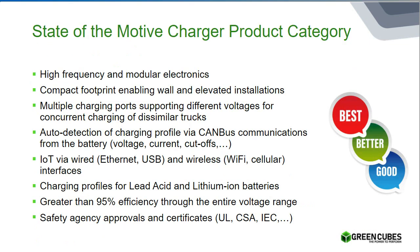If you look at chargers in general for the lithium-ion batteries out there, I thought I put together a checklist of some of the common features offered by most charger manufacturers. And these really represent features not only needed now within most enterprises, but also in the future as well. So this is a good checklist to kind of future-proof the purchase of any motive chargers. The most common features utilized and needed today: high frequency electronics, high frequency charging, a compact footprint, supporting multiple charging ports with different voltages,